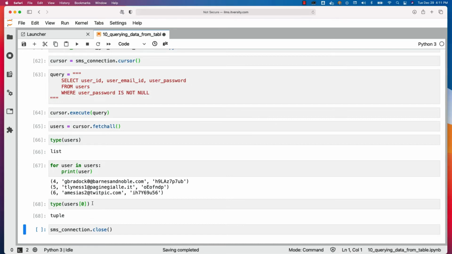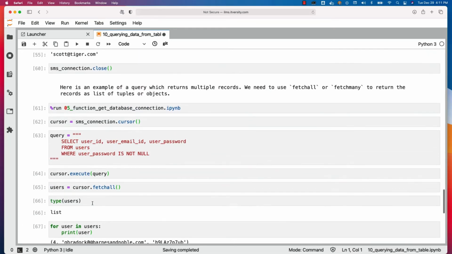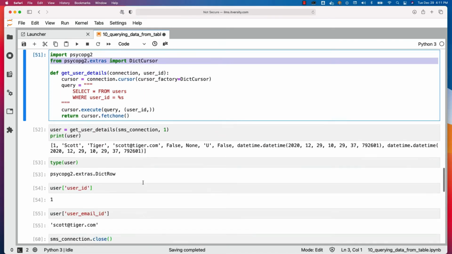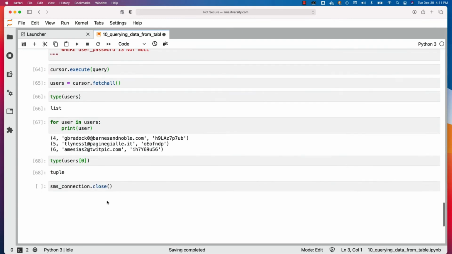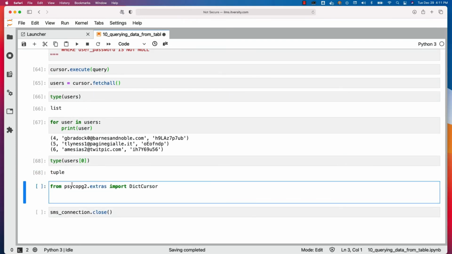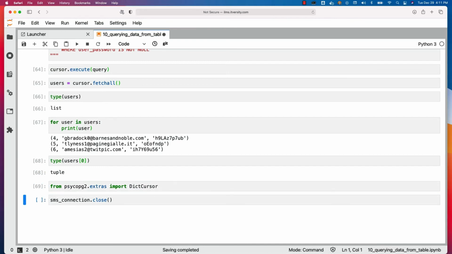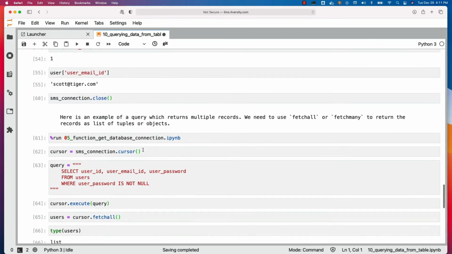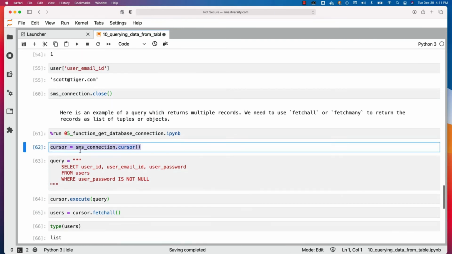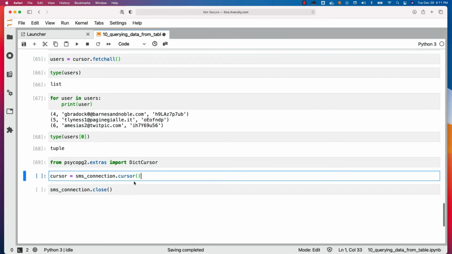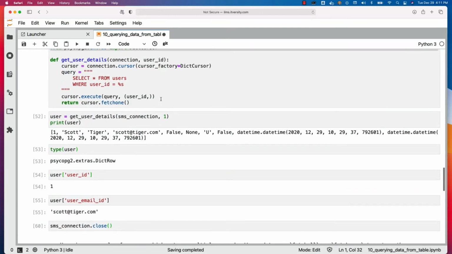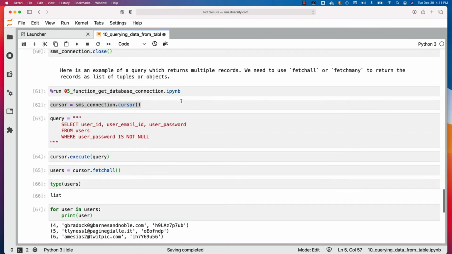If you want to get a list of dicts, you just have to overwrite this part. So you have to import psycopg2.extras DictCursor like this. Let me add a new cell here. Let me paste it. Let's import this. Once it is imported, then you can create the cursor by saying cursor equal to SMS_connection.cursor, and then you have to say cursor_factory equal to DictCursor. So we can copy this part. Once it is copied,